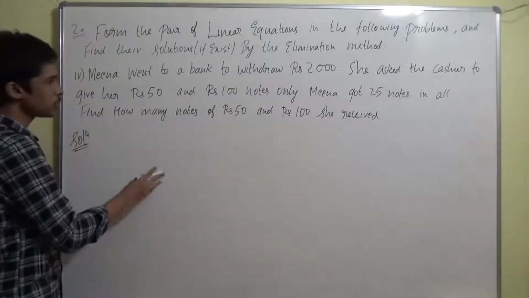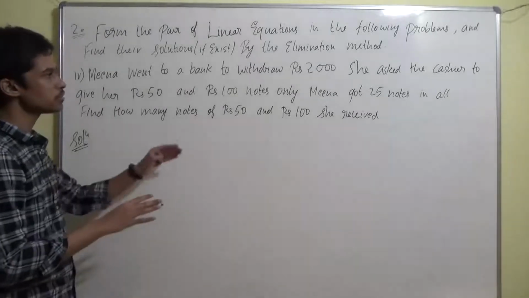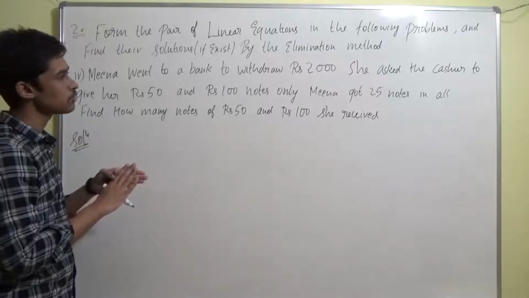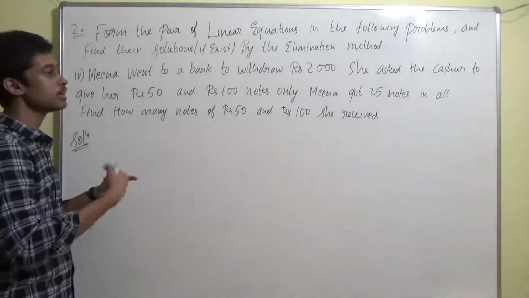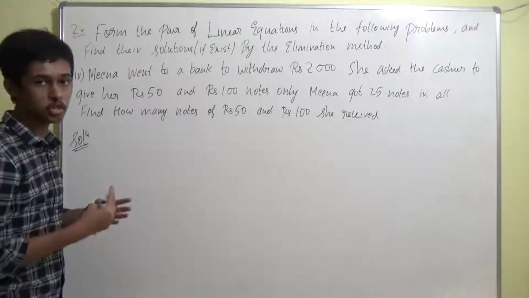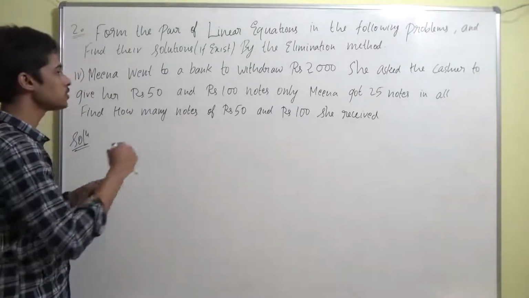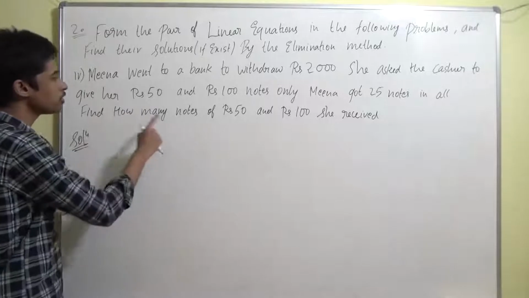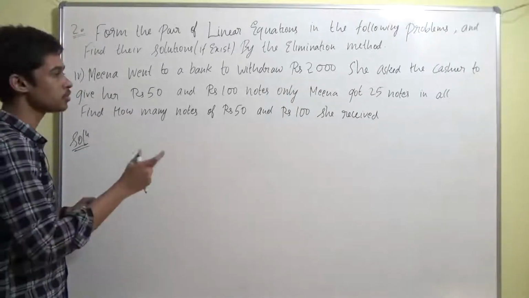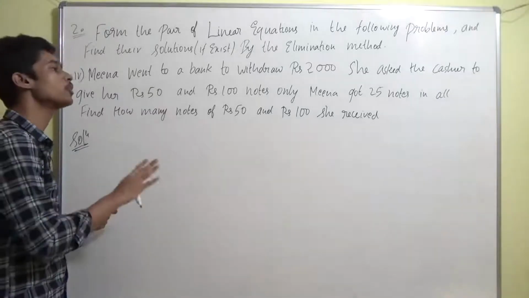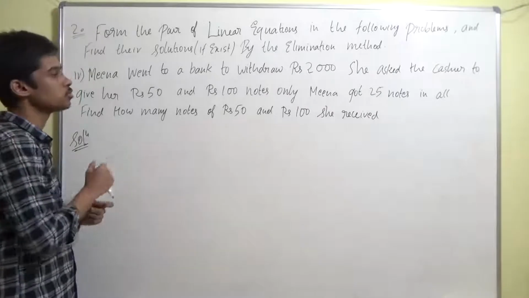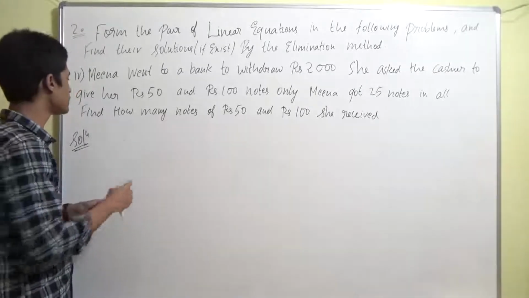First we have to formulate two equations and solve them. That's it, right? So first we have to find the two conditions from which you can form two equations. Even before that, the thing we have to do is the assumption of the variables, right? What they have asked us to find, how many notes of 50 and 100 rupees she received, is what we are going to assume as the variables. That's how we come to solving it.